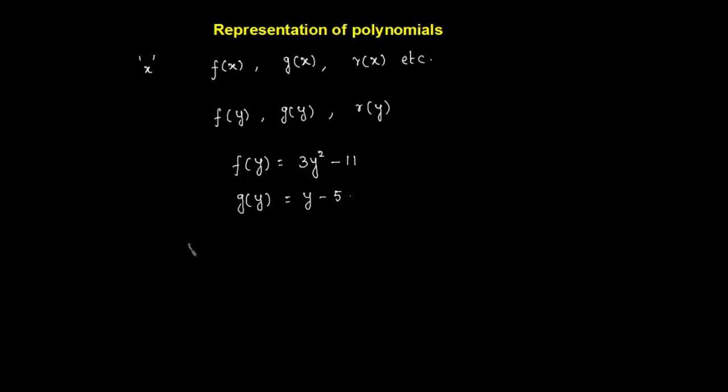Suppose you have two variables x and y, which is a polynomial, you will represent it as f of xy. And what is f of xy? You can take some examples like xy plus 5. This is a polynomial in two variables x as well as y. So similarly, you can write f of y comma z. This is a polynomial in two variables y and z. Say for example, you can have y plus z plus 18. So these are examples of polynomials in two variables. So this is the way we will be representing polynomials.